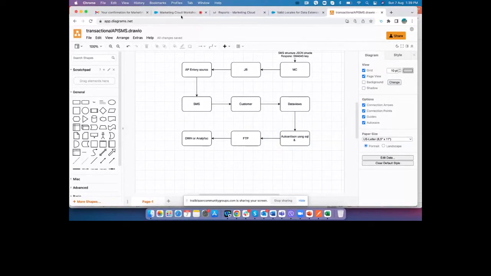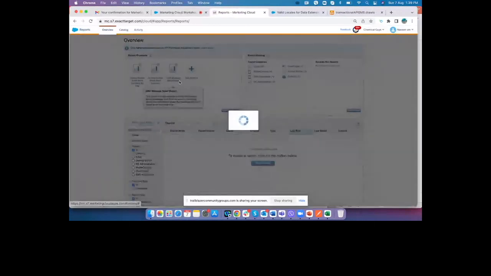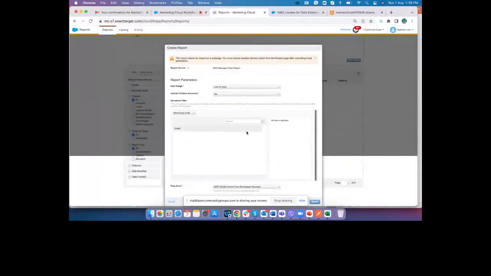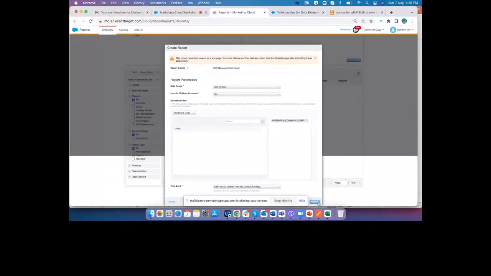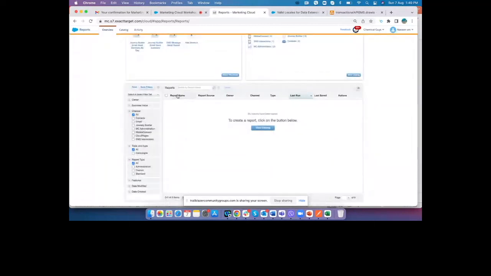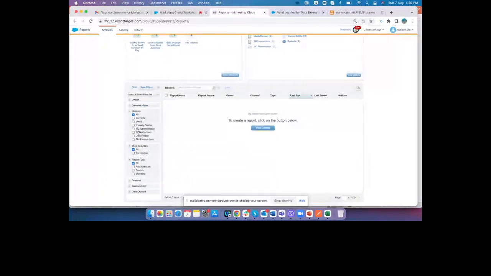And these are all the reports where you can see the SMS message detail report. If you want, you could use this configuration and design your own, for example the last 30 days, including all the business units if you want, and then you can just submit it. It automatically runs the report and gives you the results. There are other reports available too. So if you look at this, SMS interactions,